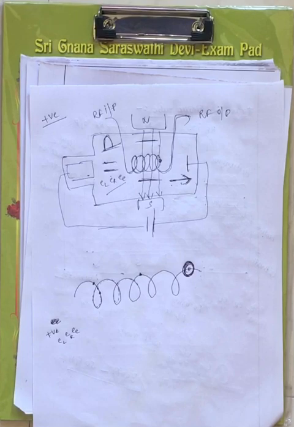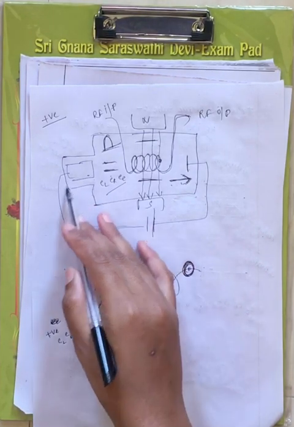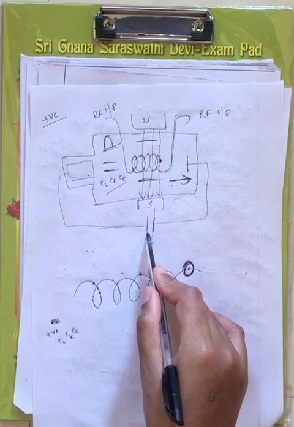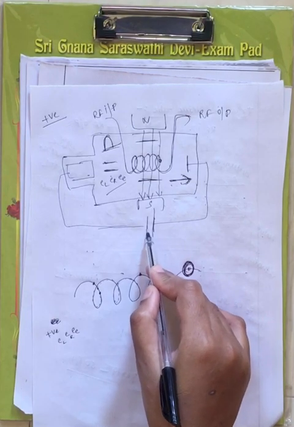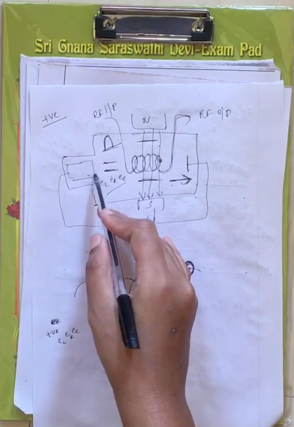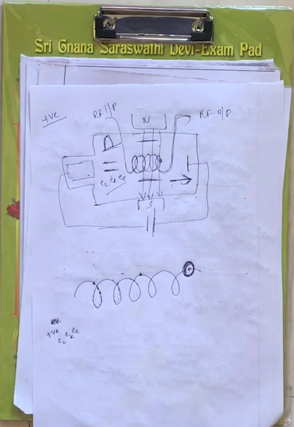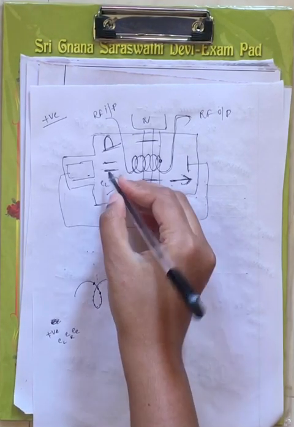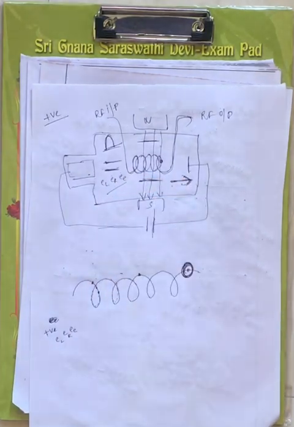Now let me briefly explain again. The electron gun will generate a beam of electrons. Those electrons are focused as a sharp beam by this focusing plate. Now among that beam of electrons, let us consider the early electron, reference electron, and late electron.